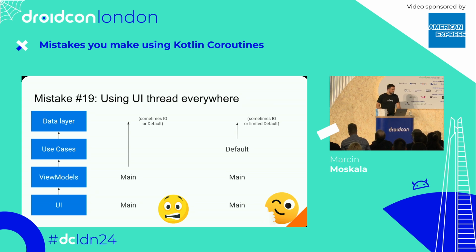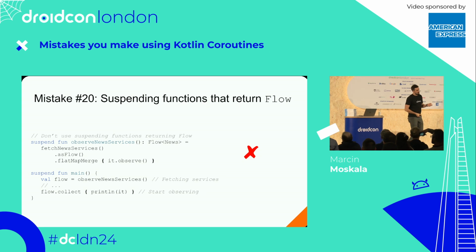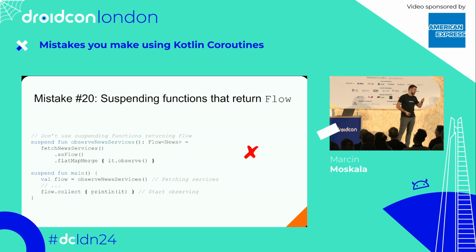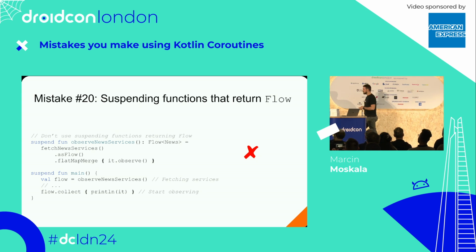Okay. And the last one is maybe not that much of a mistake, but it is annoying when people define suspending functions that return Flow. It's a bit of nonsense. Flow is a definition of a process that starts when you collect on it. A suspend function is a function that starts doing something when you call it. So when you have a suspend function that defines a flow, it's doing some things when you call it, other things when you collect it. It is annoying to use, and it is confusing